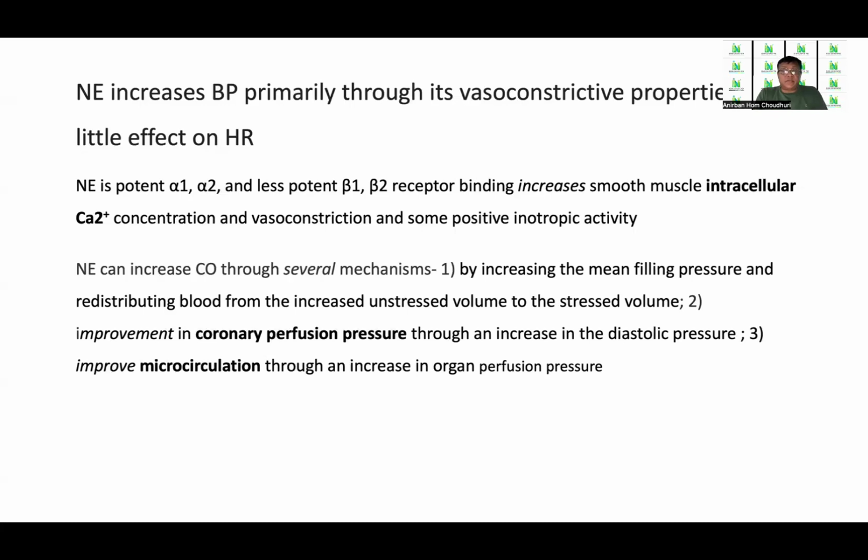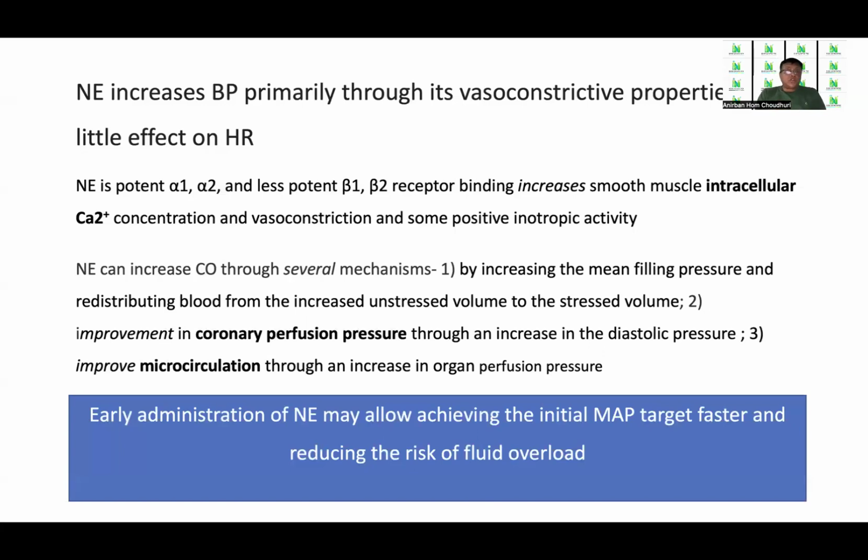So this is the reason primarily why norepinephrine scores over others and is chosen as the primary agent in patients who are requiring support. Early administration of norepinephrine may allow achieving the initial MAP target faster and reducing the risk of fluid overload, so that you don't end up giving too much fluid by the time